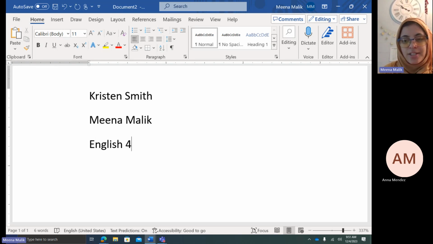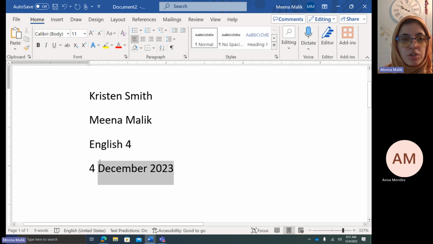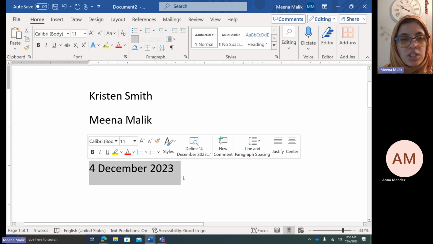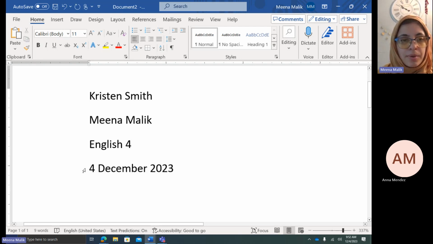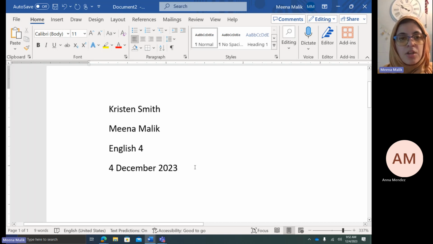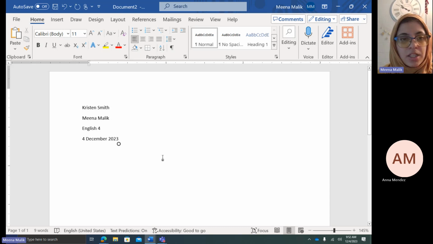On the next line, you press enter between all these lines to get a new line to start. And then you're going to put the date. So the date today is 4 December 2023. The way that you are supposed to format it in terms of MLA formatting is number, month, year. Okay, so now we actually need to fix the page to actually reflect the font of